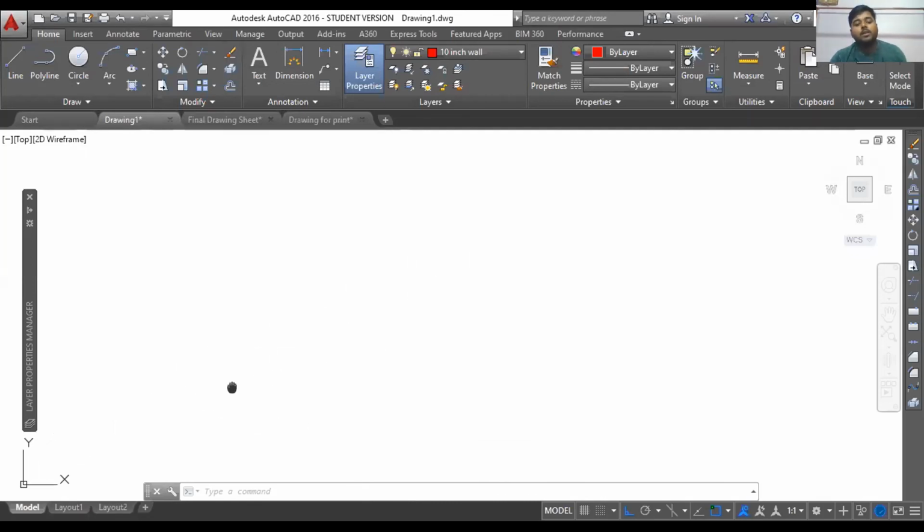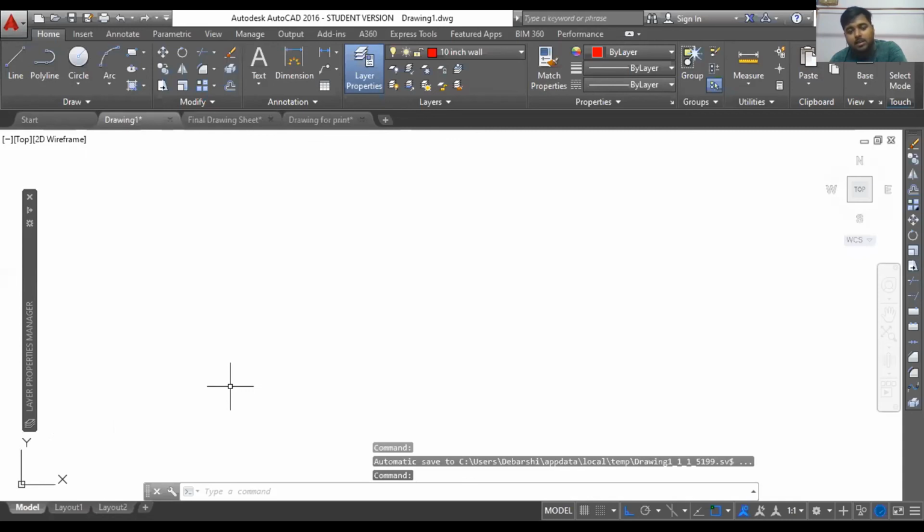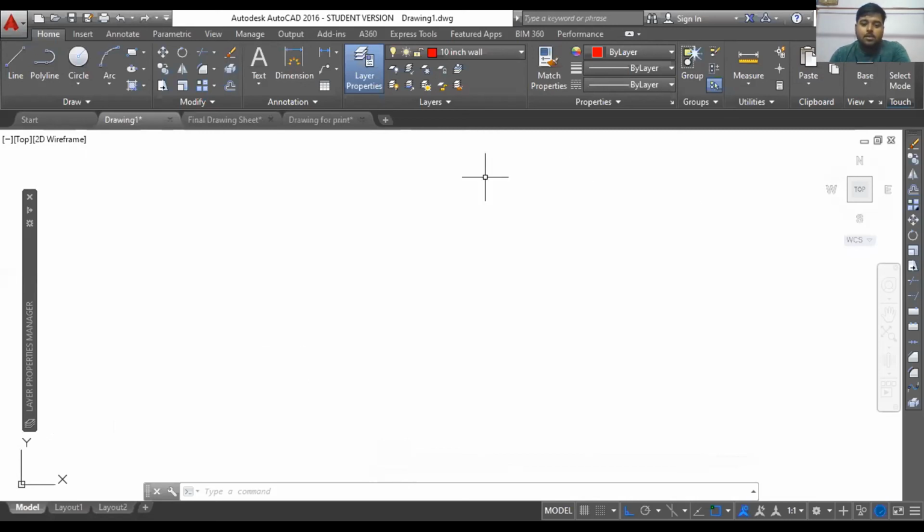And one more important thing: if you still want to explore the commands, those who are new, just refer to the PDF that ma'am has sent. I've shared the PDF in the group. Ma'am has explained in steps how you have to click here, select this command to draw this, and you can easily draft a plan using that PDF. So go for it, start drafting, come up with something. And if you're facing some doubts, simply ask in the group. Don't worry. So I think that's all for today.